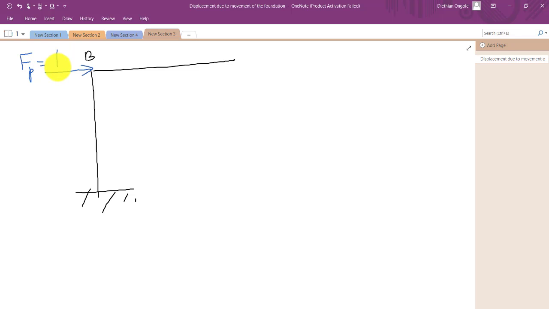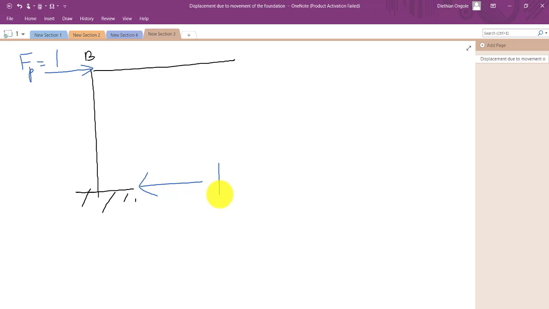So after adding this, the next step was that we are supposed to find the reactions due to the action of the unit force. Since we only have the horizontal force that is acting on the system, that means that we are supposed to have a horizontal force that counteracts it in the opposite direction. So here we shall be having a force of magnitude 1. Then from this we see that this system of forces forms a couple acting in the clockwise direction,